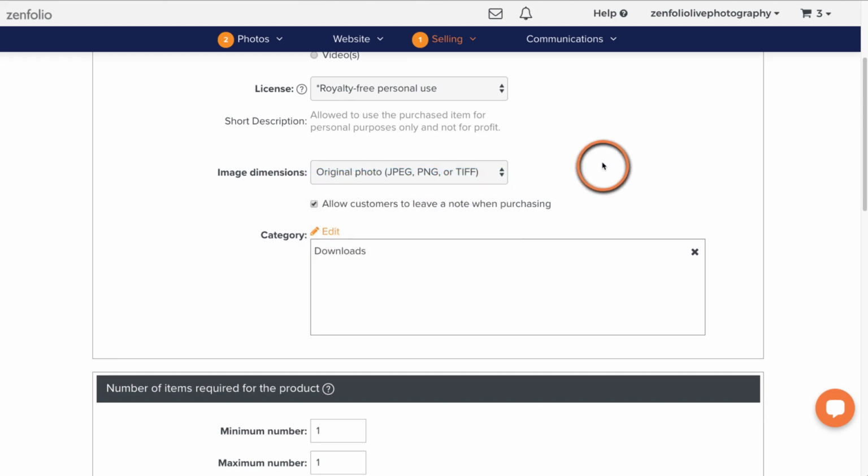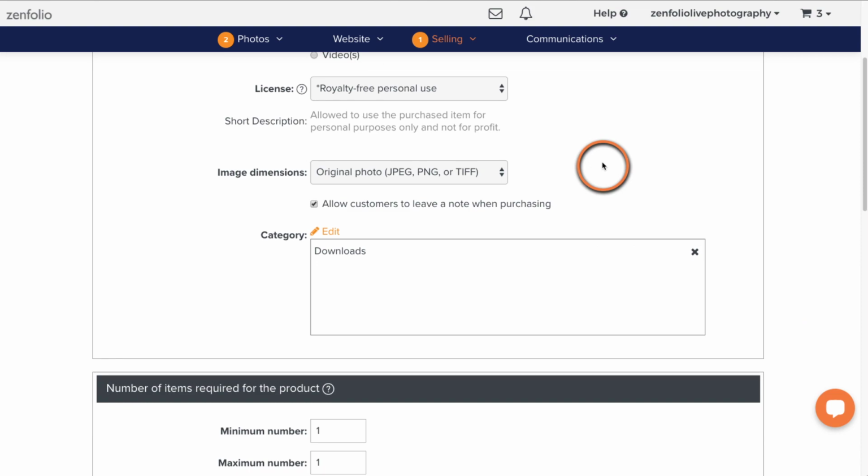Now, speaking of uploading really quick, if you're new to Zenfolio and you're wondering what size you should upload your photos, my personal recommendation is, as long as your internet speed can handle it, go ahead and upload your full resolution JPEG files, because here on Zenfolio, you do get unlimited storage of normal image files. So that's TIFFs, GIFs, JPEGs, PNGs. You have unlimited storage of those files. So as long as your internet speed can handle it, go ahead and upload that full resolution JPEG file.